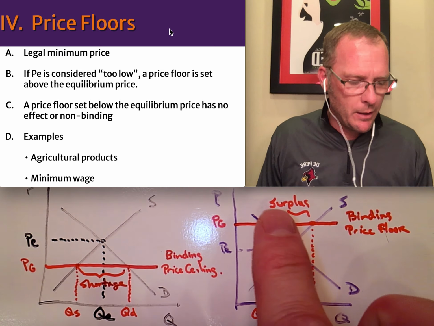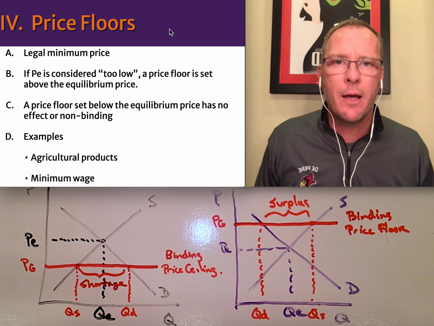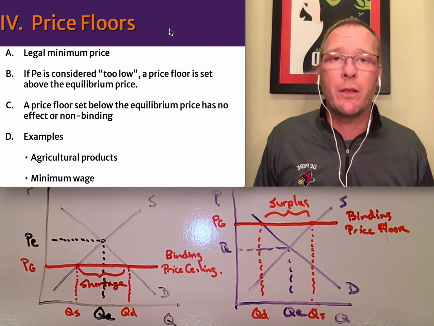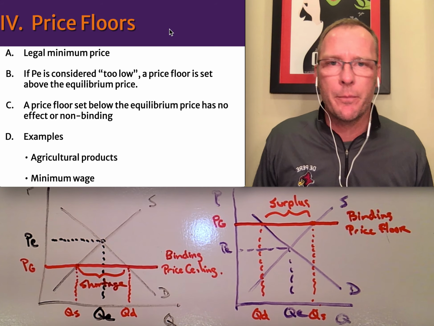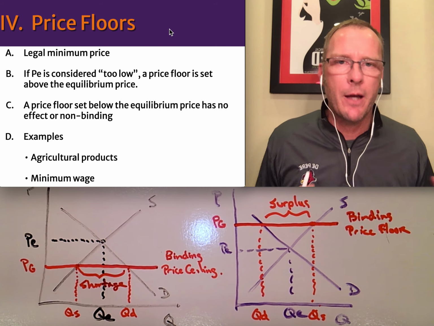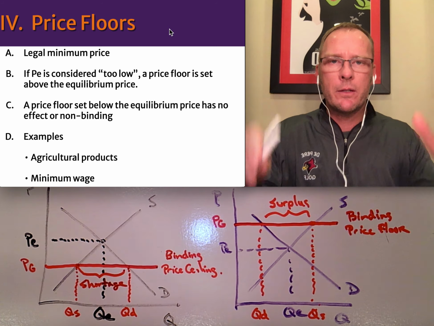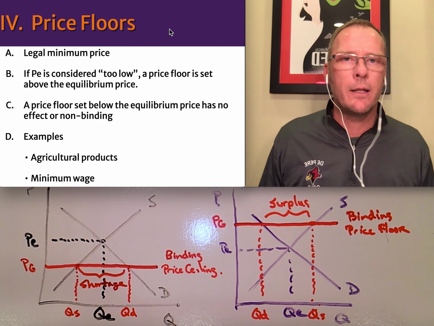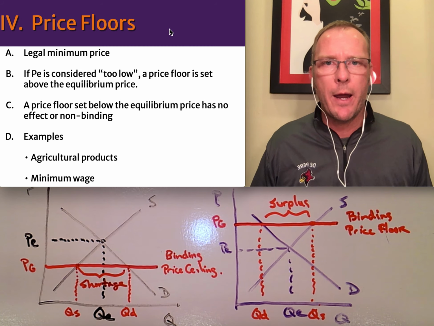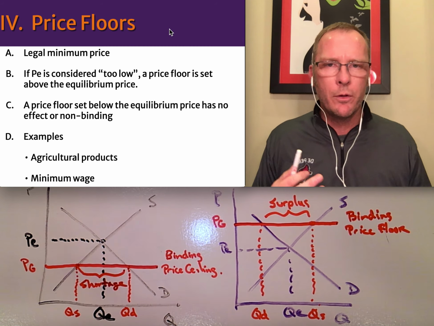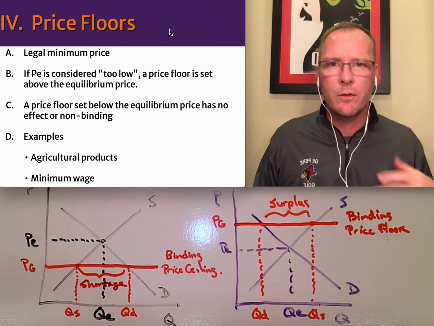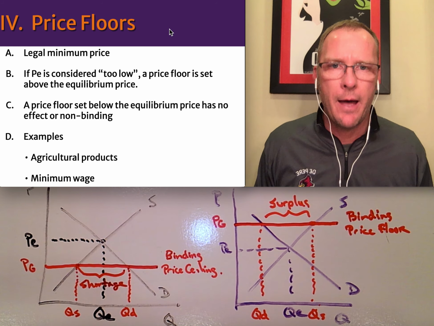Other times what you'll see is someone buys up the surplus. And oftentimes it'll be the government that steps in and buys up the surplus. So if I'm the government and I buy up a bunch of milk, what am I going to do with it? Well, I know, I'll give it to the schools because the school kids need some milk. I get it to them at a reduced rate. And since governments are involved in schools and in this surplus of milk, it works together, and then you'll do something like that.